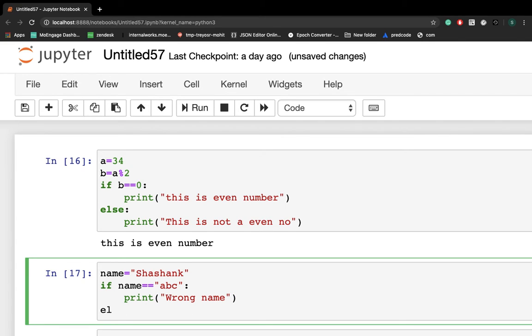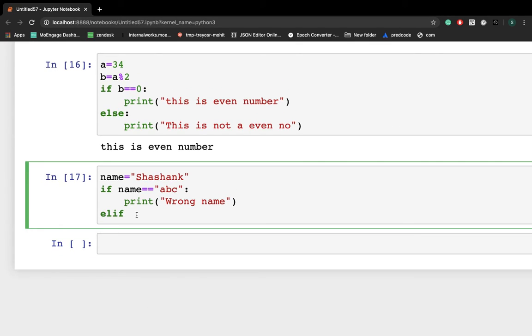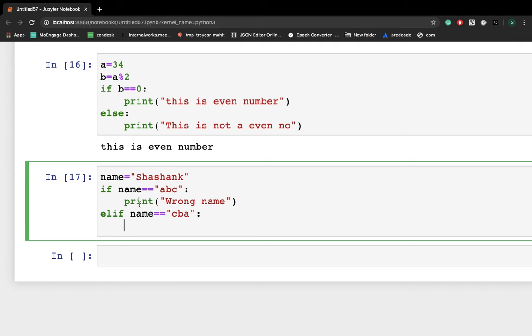I'm writing elif. You can write elif if you have to write many if conditions in the same program. So elif name equals, I have to check one more name, let's say CBA, then a colon. CBA is not my name, so I want to print wrong name.